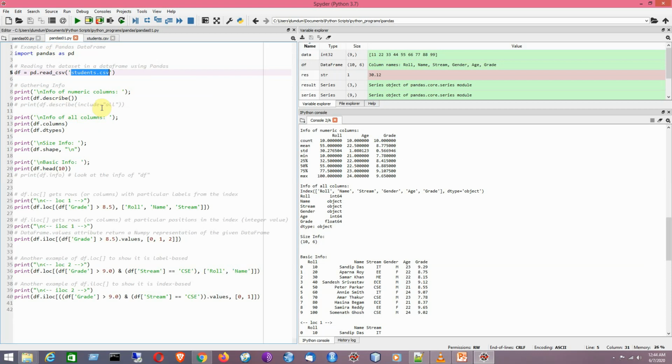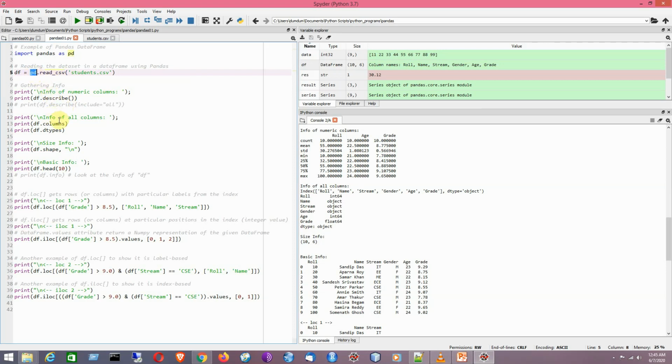Now we are going to perform some operations on the given data frame after it has been loaded from the given CSV file using the read_csv method, which is part of the pandas module.